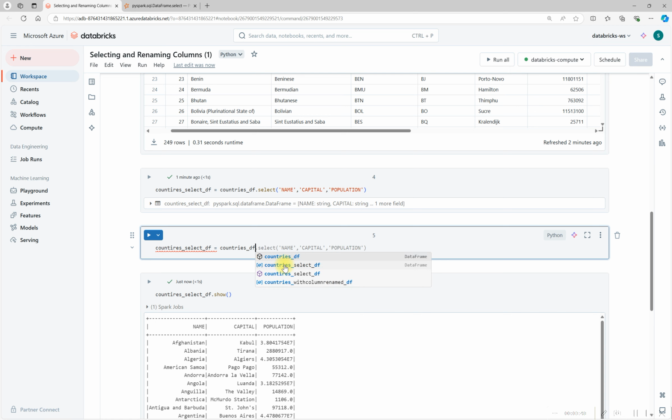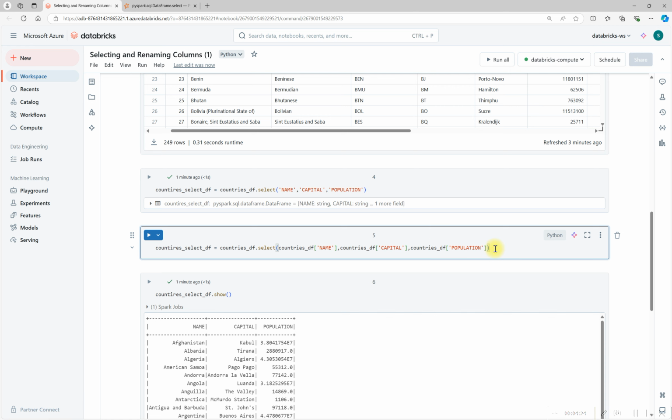Use dot select, and we can use countries_df and specify the column name in single quotes. You can also use double quotes. Name, and comma, again write this data frame and capital